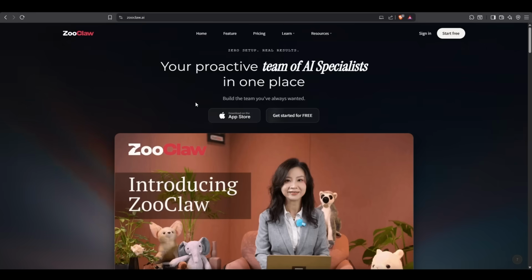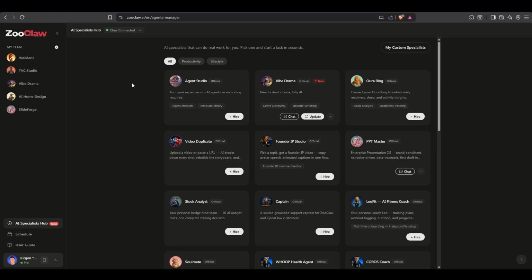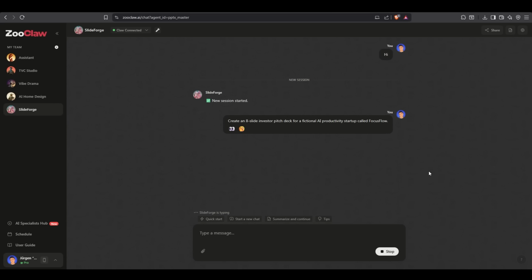Let's go in. So first you go on ZooClaw.ai, here with an overview about the tool. Just hit start free. After signing up, you're in your workspace. On the left you have your team with your agents. Just hit the plus button to add a specialist. Here you have a ton of agents to use, like a vibe drama, stock analysts. In our case, we need the PPT Master. We already hired one. And our first task is create an 8-slide investor pitch deck for a fictional AI productivity